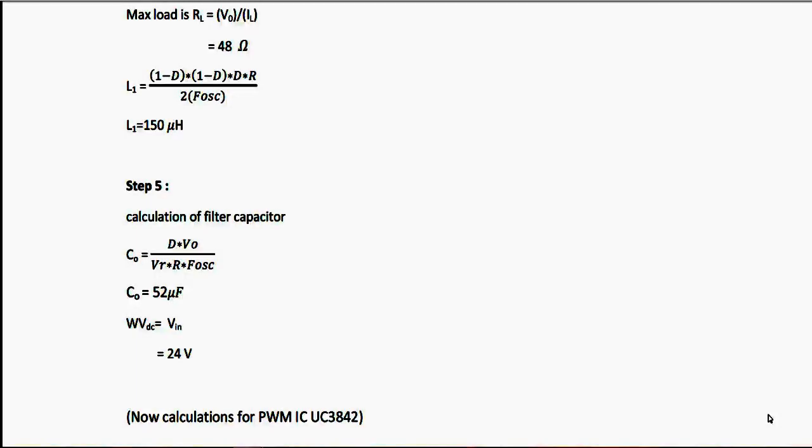Delta VO is the output ripple and delta IL should be 10% of the load current, and compare this value with the datasheet of the capacitor. If the ESR increases, the ripple current also increases, and it will dissipate in the capacitor, which will increase the temperature and dry out the electrolyte present inside, and the capacitor value will decrease. For high frequency noise reduction, we can use a decoupling capacitor at the input, and at the output side, instead of adding only one capacitor, we may add two capacitors in parallel of value 25 microfarad, which will decrease the ESR.